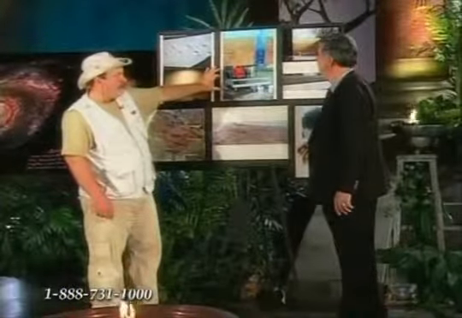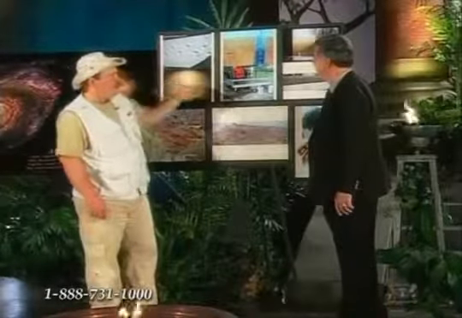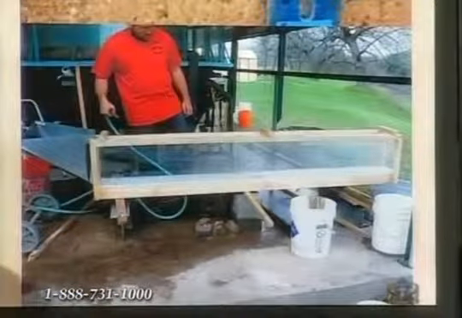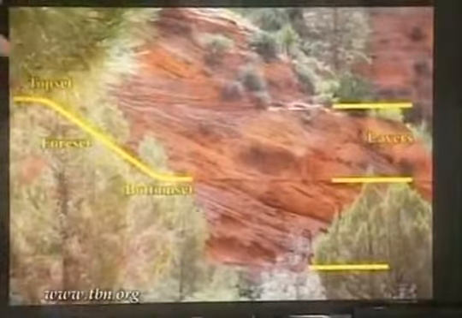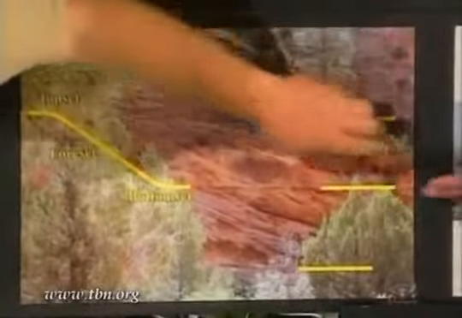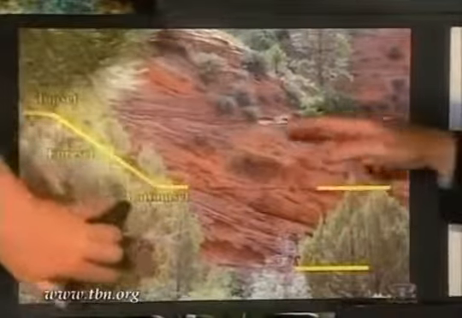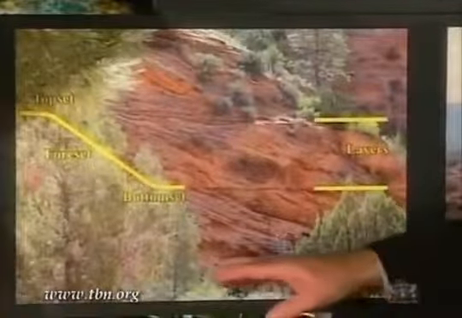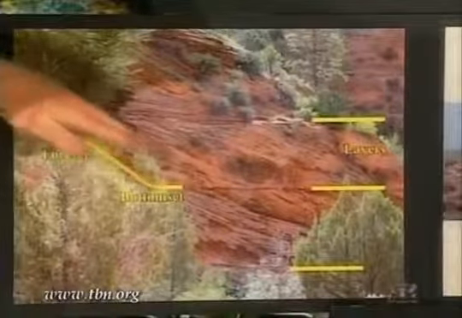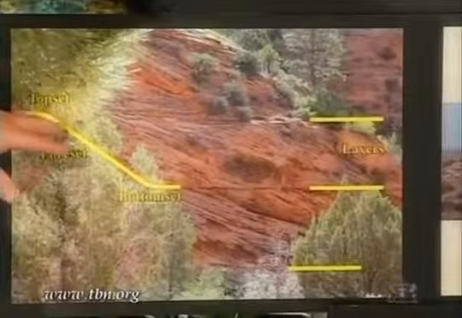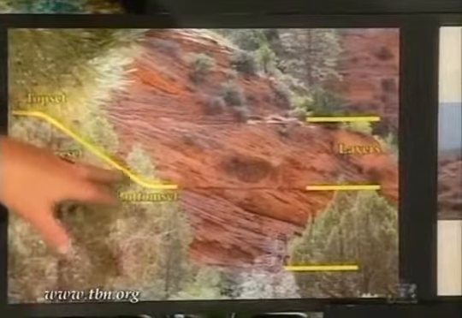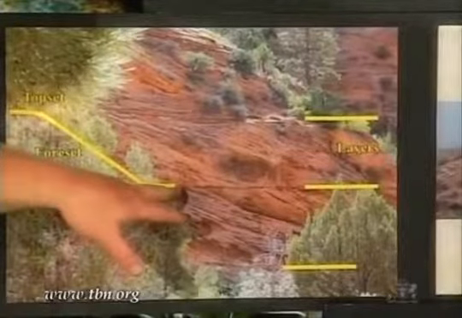Now we built the linear flume in order to make a straight run of the sediments and water. We learned some remarkable things. Now, I'd like to introduce the viewers to a geological formation called crossbedding. So you have layers, such as you see here, with specific lines and layers. And within those layers, you have tilted layers called crossbeds. If you look real close, they have 3 parts. They have a top curve called the top set, a slope called the foreset, and the bottom curve that levels out again called the bottom set.